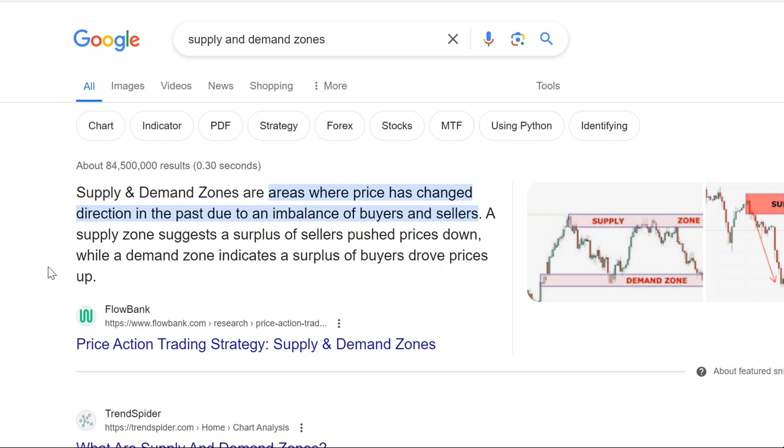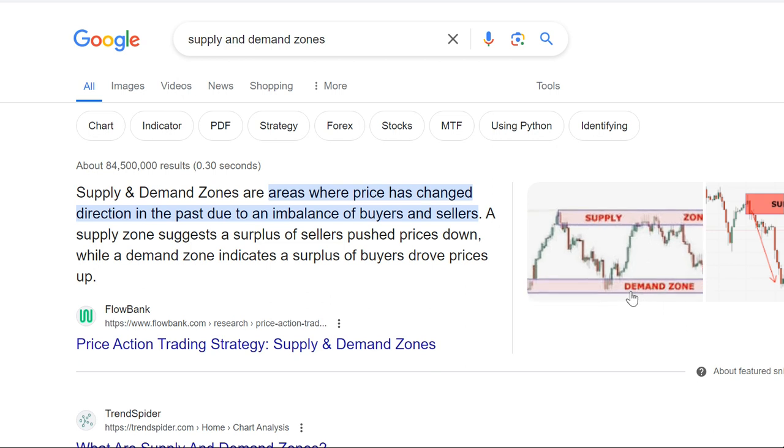Supply and demand zones are areas where prices changed direction in the past due to an imbalance of buyers and sellers. A supply zone suggests a surplus of sellers pushed price down, while a demand zone indicates a surplus of buyers drove price up. So we have this picture right here. We have a demand zone and a supply zone, and how this works is